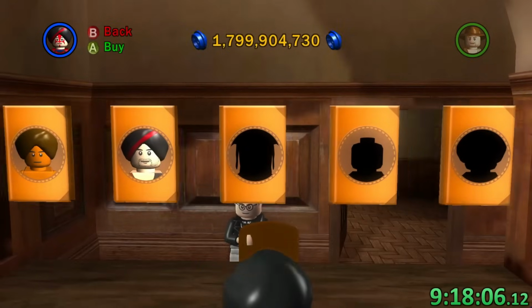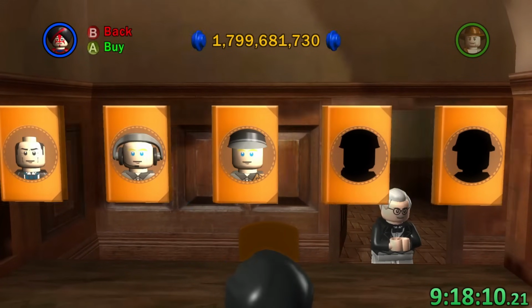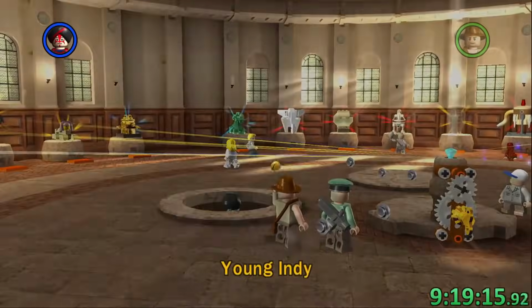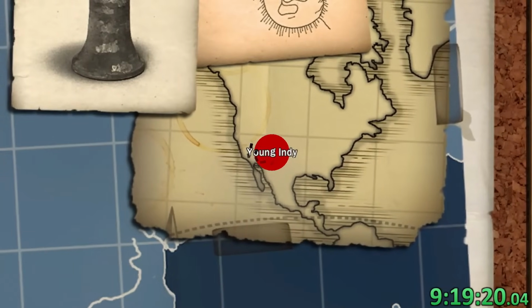I made a pit stop to the library to buy every single character except one I found out you don't get until after you finish one of the bonus missions. But speaking of the bonus missions, I now have to go to the artifact room because they're the last things I have to do. The first one is called Young Indy, and it's the sequence at the start of Last Crusade with young Indiana Jones,